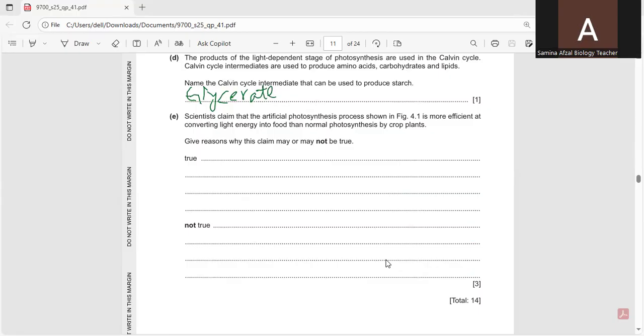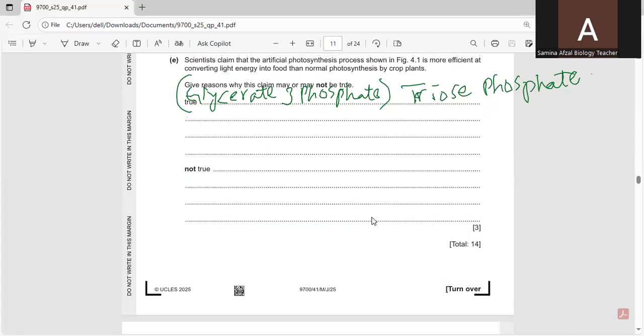Glycerate 3-phosphate, reduced form triose phosphate. So glycerate 3-phosphate is the first stable product. The actual molecule that exits the cycle to be used for synthesis is the reduced form, which is triose phosphate. So next question is,